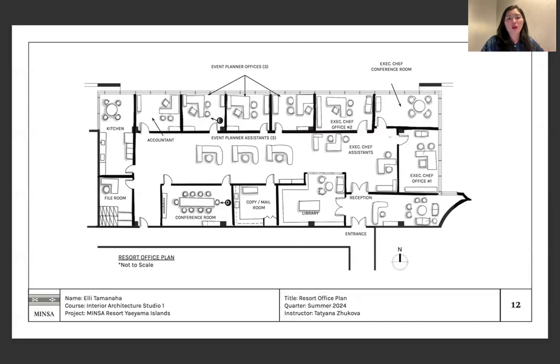Something that was planned for the office spaces is that each executive chef should have the same square footage, as well as the same amount of windows in their office. And we have 3 event planner assistants' offices over here, as well as an accountant's office. And the assistants are also facing the event planners' office spaces, so that the design kind of echoes or reflects the kind of communication that this office space is trying to cater towards, which is more direct